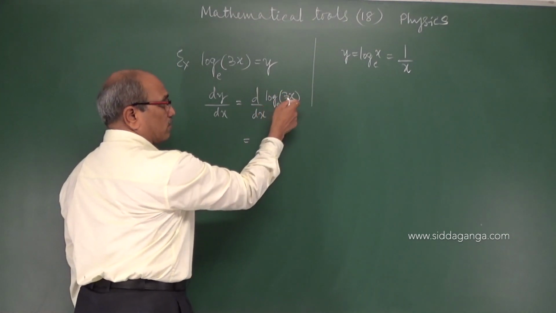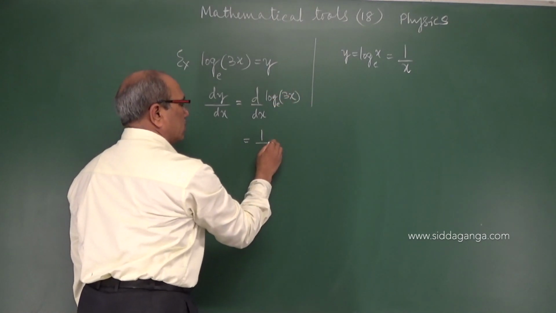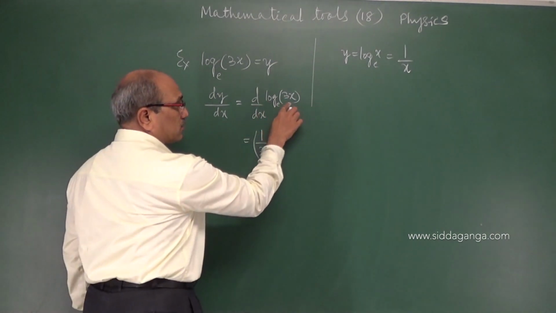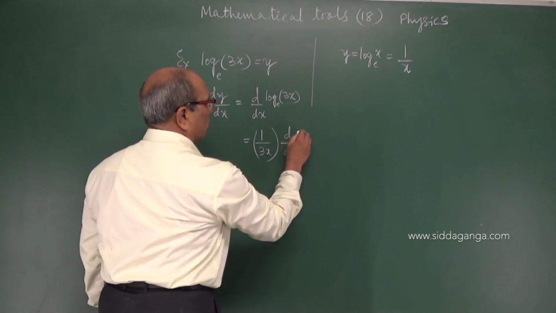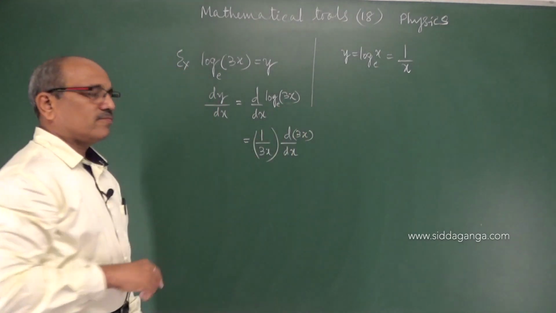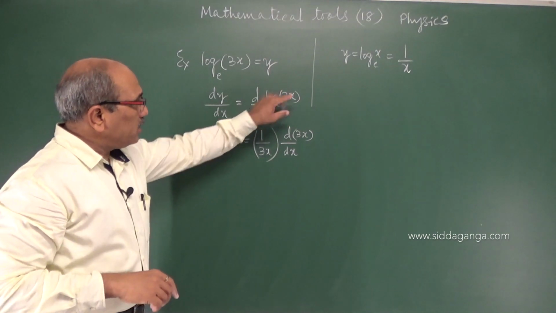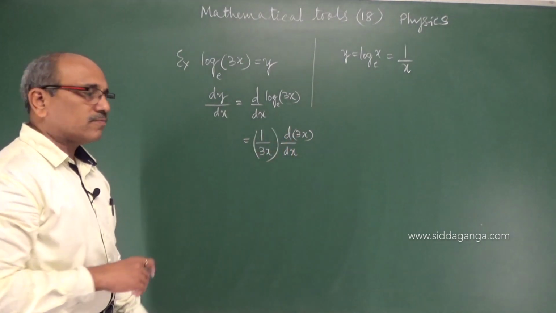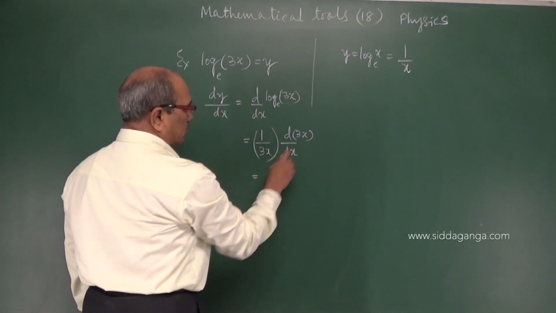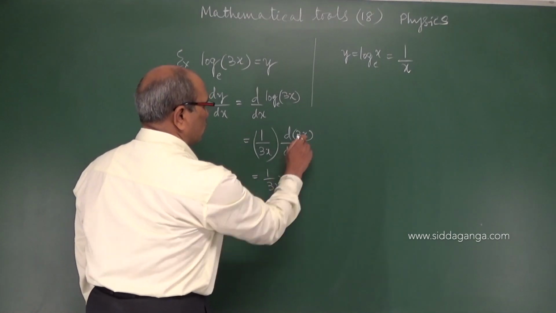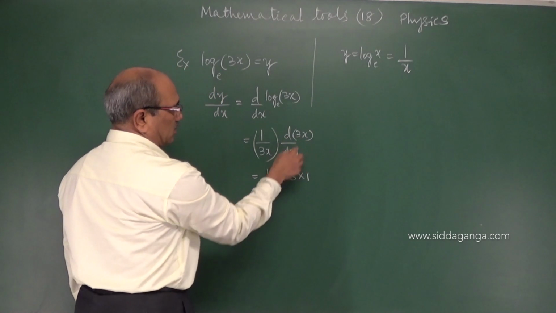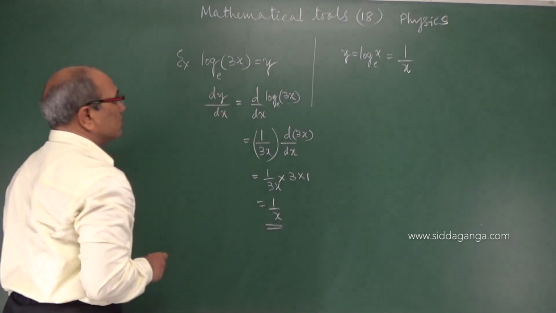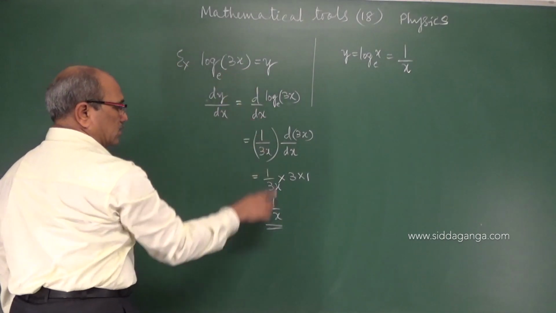As I did earlier, log of x, you take it as a unit and you will write it as 1 by 3x, no doubt for this. Again you have to differentiate this, d by dx of 3x. Log x, if you think as x, it is 1 by x. But again it is a variable, therefore you have to differentiate this. What you will get is 1 by 3x into 3 into dx by dx. dx by dx is 1. 3 cancels. Answer is 1 by x. dy by dx of this is 1 by x.